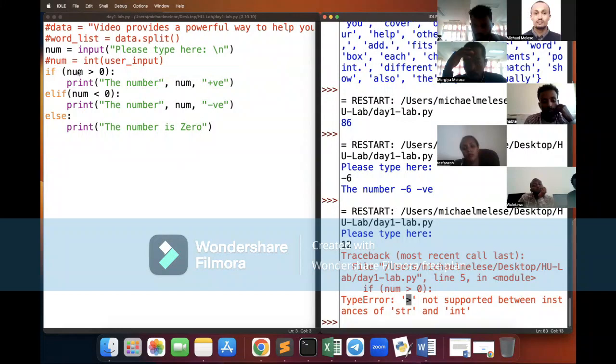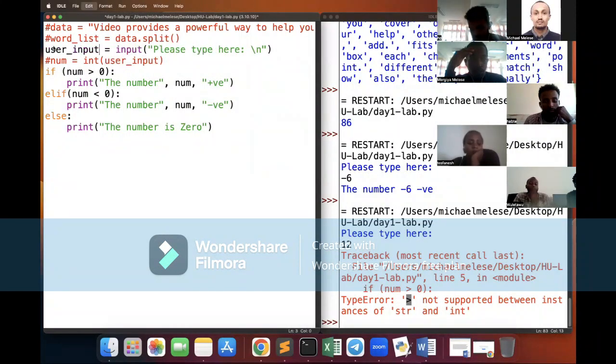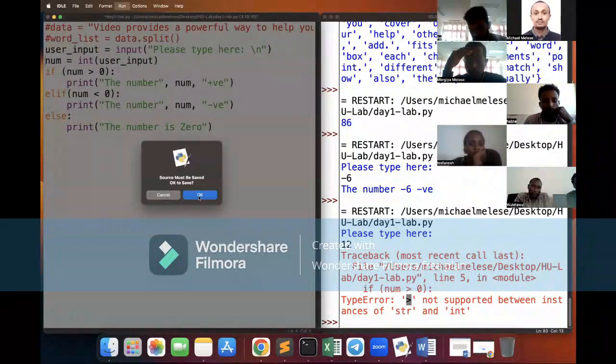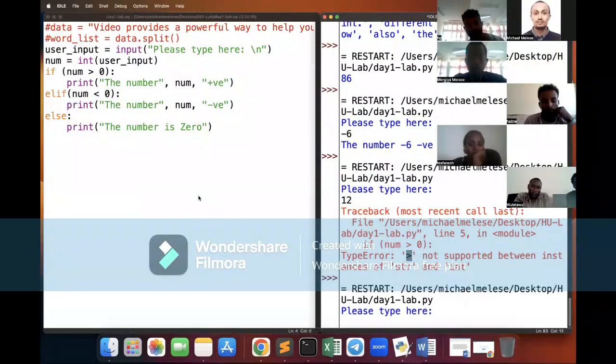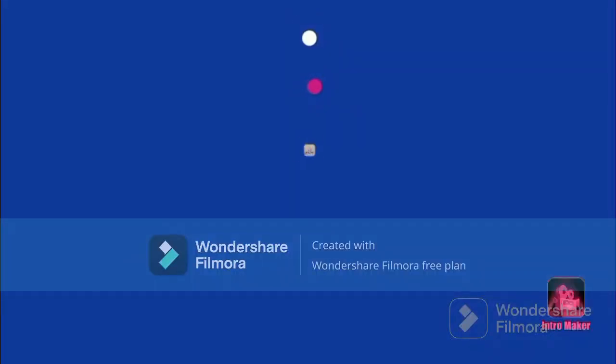An integer is not compared with a string. So we have to cast it to the appropriate data type in that case. So this is going to be the user input, this is going to be the user input, then it's going to be compared with these values. Now everything becomes successful once we do that, okay? Here you can see the value. If I use